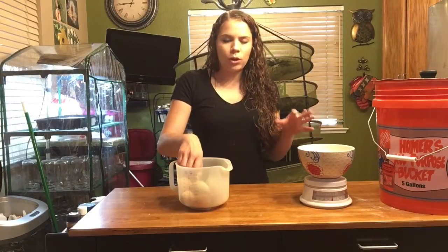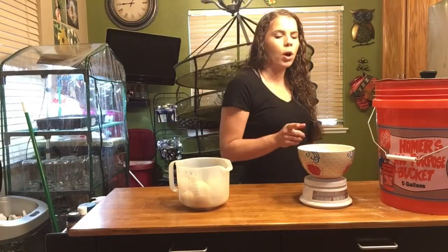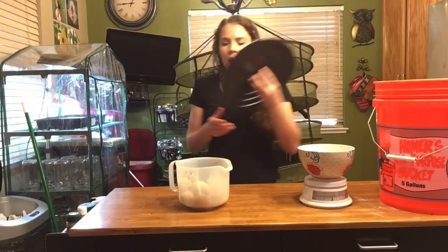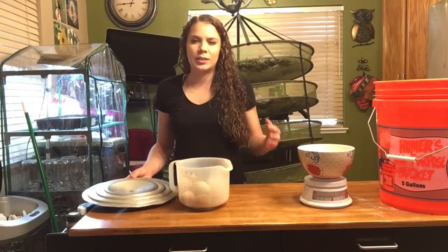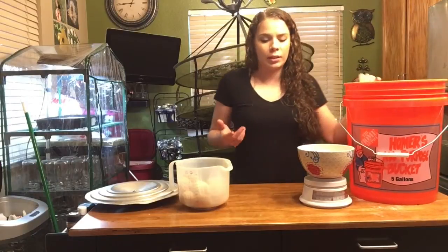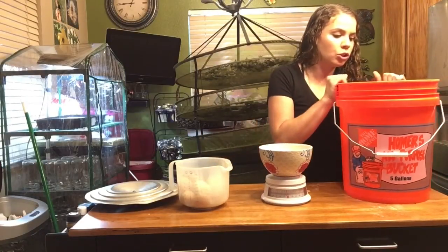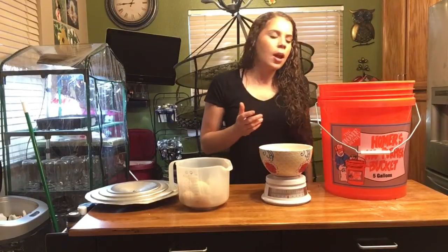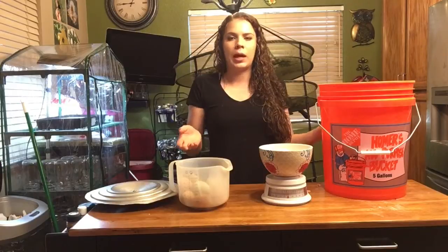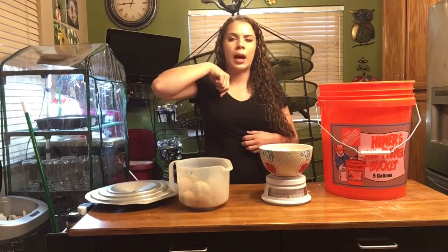So what you need is, for every 1 quart of water, 1 ounce of hydrated lime. They do recommend that the water you use is distilled. I do have a reverse osmosis machine, luckily, at my house, so I just use that water. I measured 2.5 gallons because I thought that would be plenty for the amount of eggs. I don't have very many eggs, but every day that I pull eggs from the backyard into the house, I